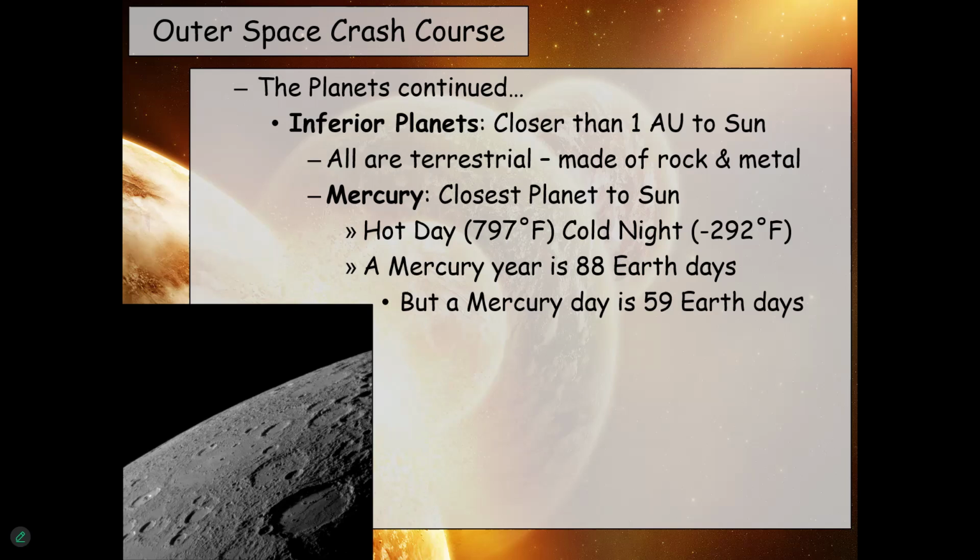So if day and night are roughly equal, that means on one side of the planet, it's 797 degrees for like 25 days, right? And there's an evening, quote unquote, and a morning, quote unquote. But full sun temperature wise, you're gonna bake for 20 some days while you're on the day side. And then you're gonna freeze for 20 some days on the night side, and then be baked and frozen halfway in between, right? Mercury is just not a nice place to live.